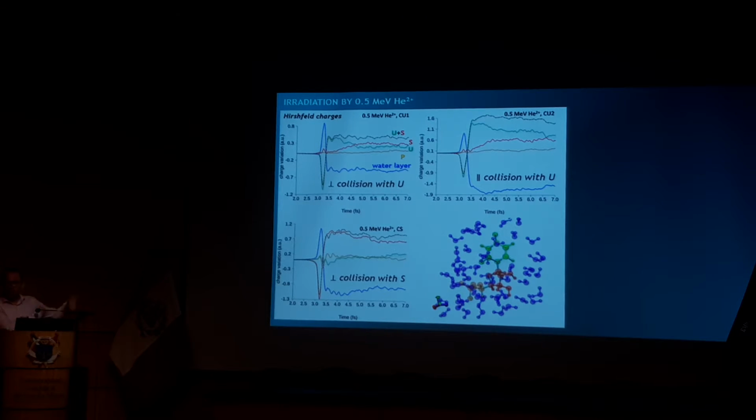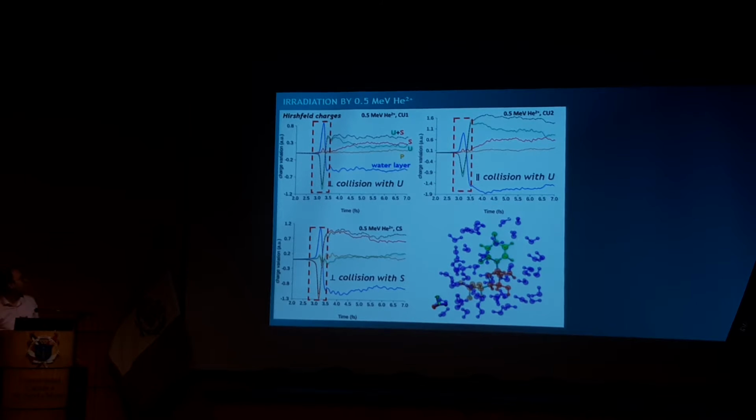So you see that many things are taking place. Let's look step by step, and let's focus on this one. First, we have something at the beginning, big variations of the charges. What's taking place? So this is almost the peak here, or the bottom here. It is at the moment really of the collision, when the projectile is hitting the molecule. And just here, the projectile is already a few angstrom away.